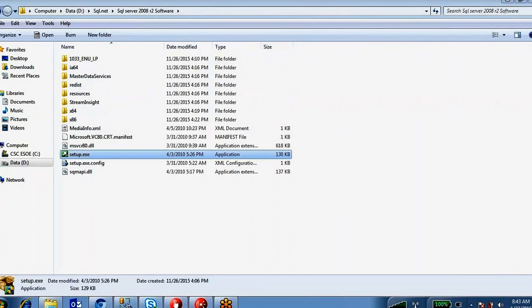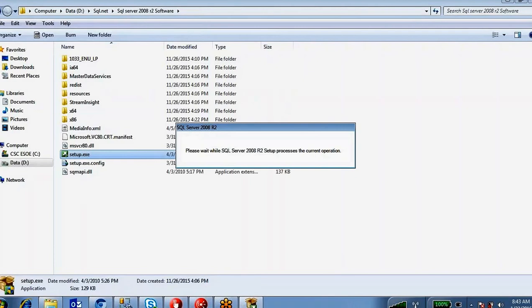This MSBI software you can install 32 times in your machine. The same software you can install 32 times. But each time we have to give a different name. I will show you where we have to give.